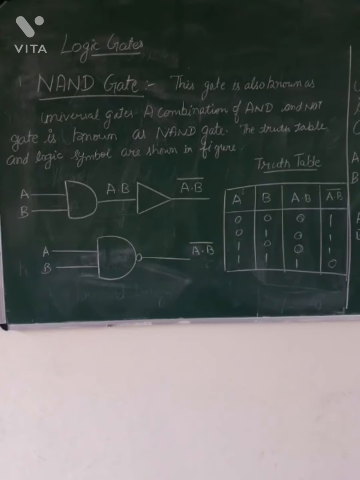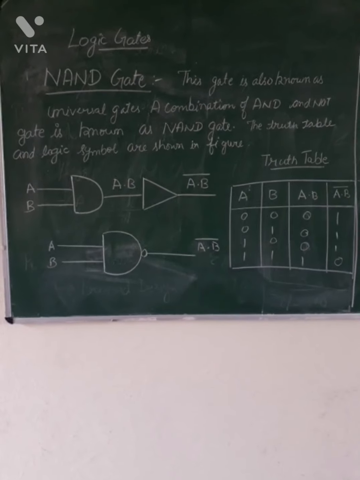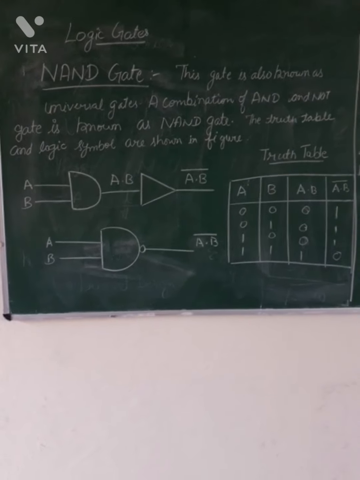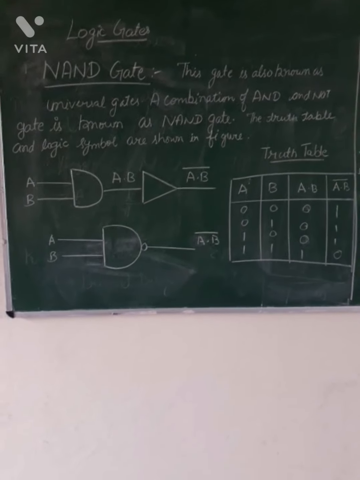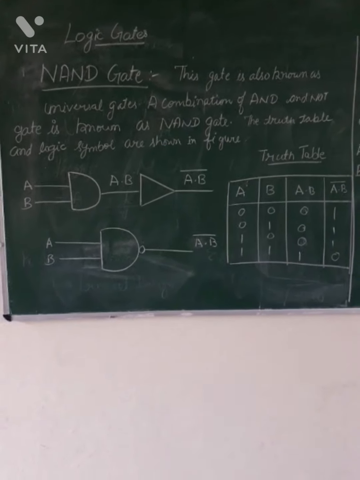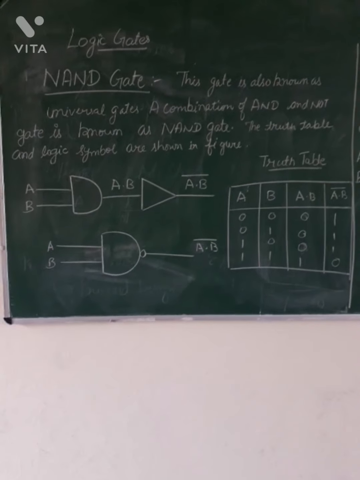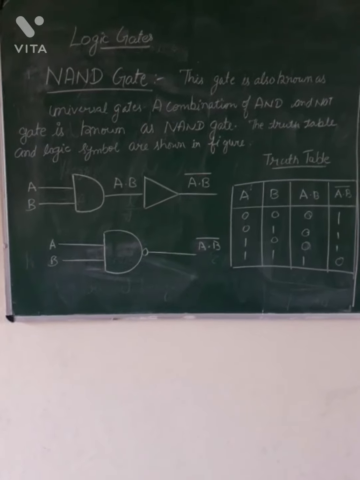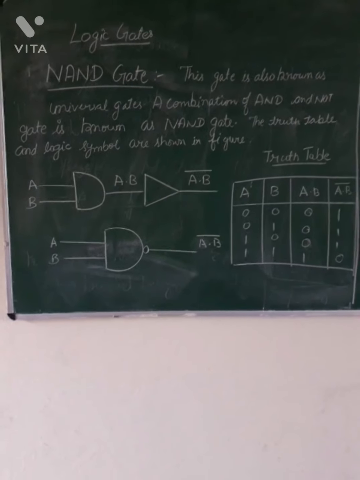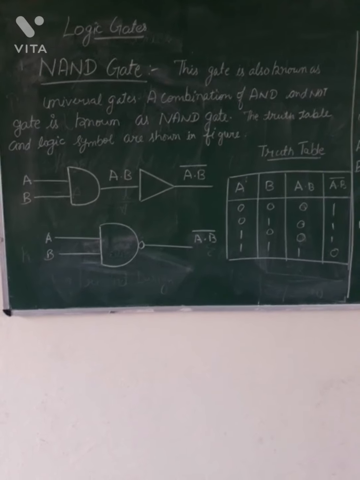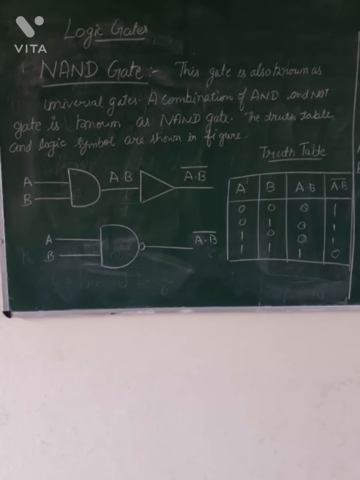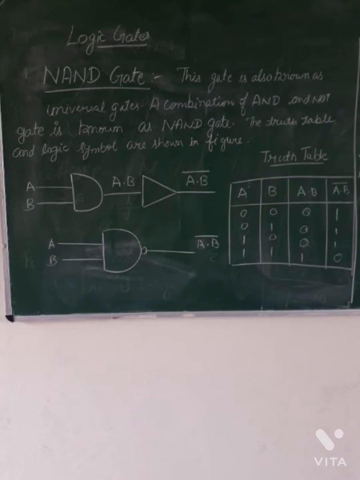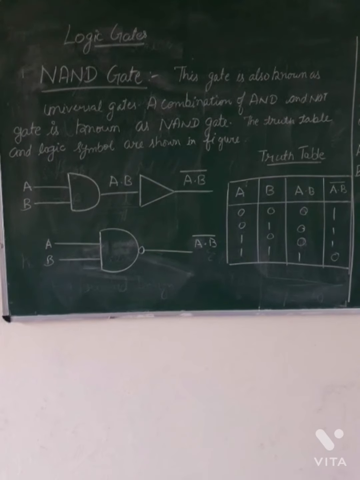So the fourth column is A dot B bar. How does it come? The complement. Complement is the opposite of the given signal. If you give 0, the output is 1. If you give 1, the output is 0. So here is the result. A dot B complement: A dot B 0 converts into 1. Then the second 0 converts into 1. The third is 0, it converts into 1, and the fourth one is 1, it converts into 0.